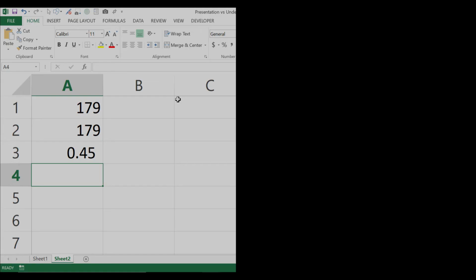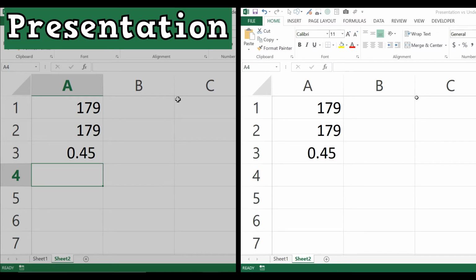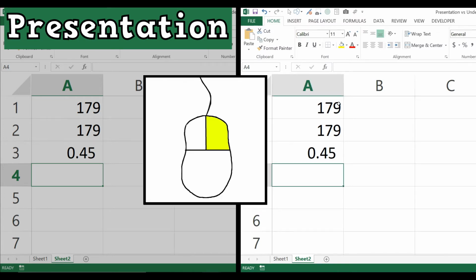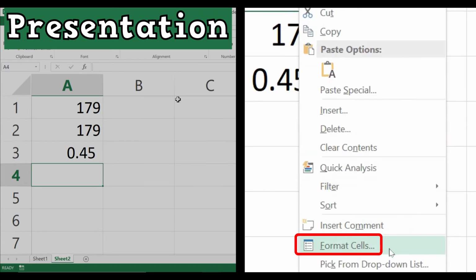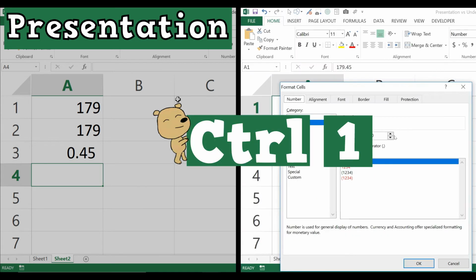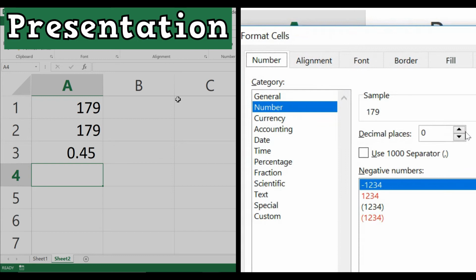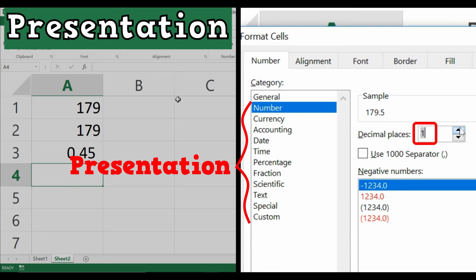We'll freeze this screen on the left here where you are seeing the presentation. On the right side here is the same data where we are going to right-click the cell and choose Format Cells. Keyboard shortcut for this is Ctrl+1. This shows you the numbers are presented with 0 decimal place. You can present it to show as many or little decimal places, but it doesn't change the underlying or actual